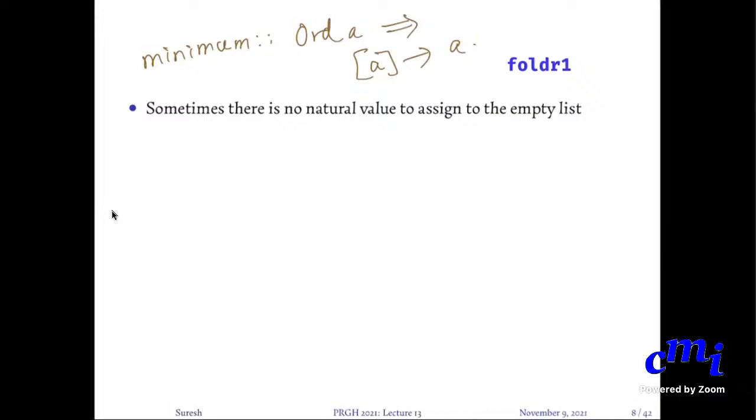So one way out is to say that my function is not defined on the empty list at all, in which case you will just say foldr1.